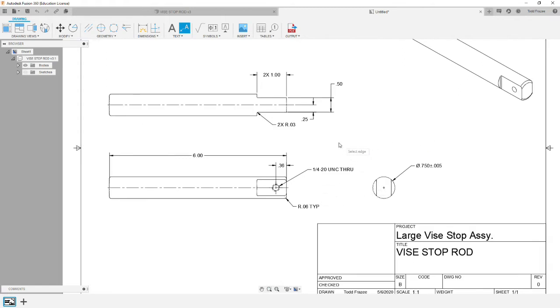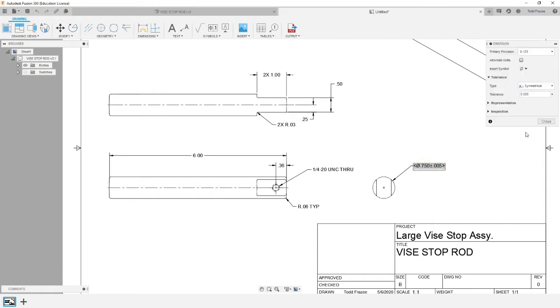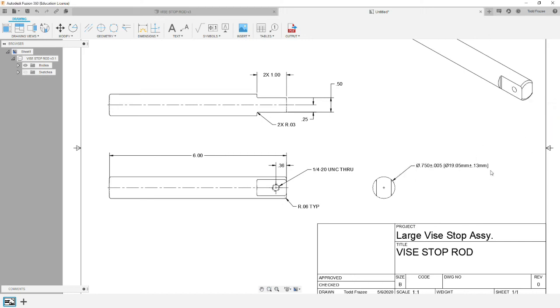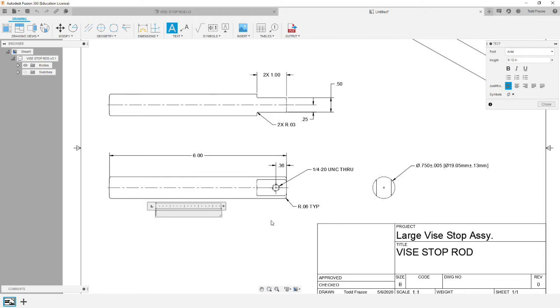If you feel the need to have dual dimensions, you can select a given dimension and edit it by double clicking on it, and you can click alternate units and it'll throw the metric equivalent on that dimension. Now the next thing we need to do is put in titles. So you would put a title under your primary base view, and we're going to call this the